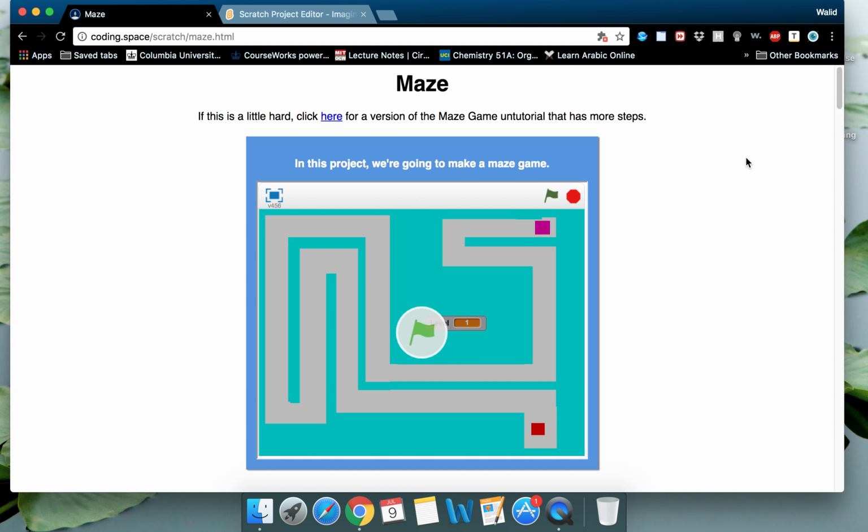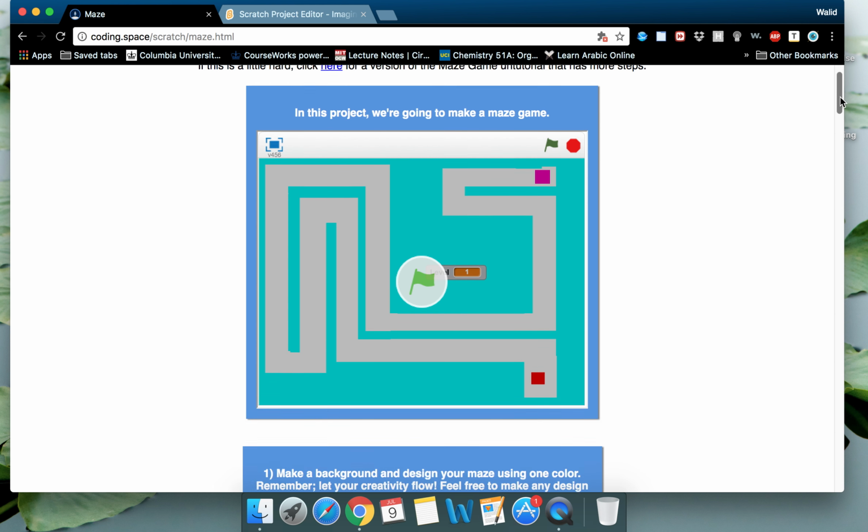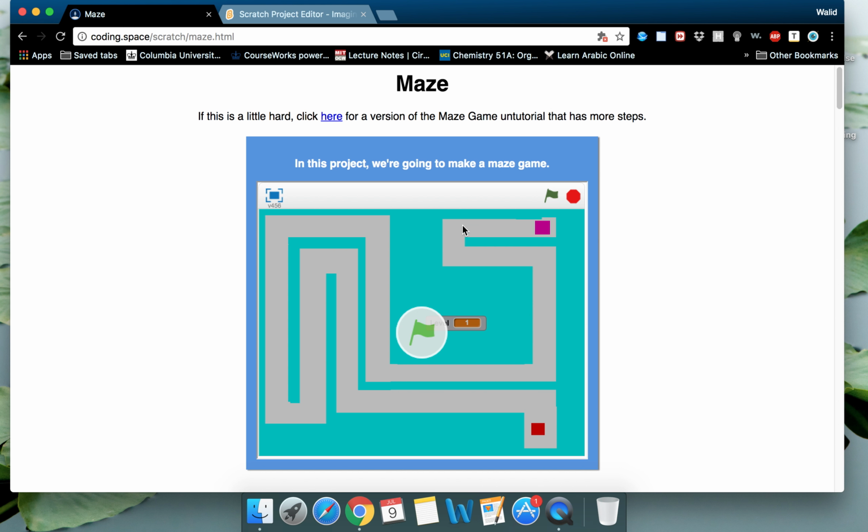Great. So you're basically given instructions on how to do everything. To start off, they give us some general things about the game. This is an actual game, so you can go ahead and press it. You can play it, and right now what I'm pressing is the up, down, left, right key, just to navigate through a maze, and the maze is actually drawn by the student on the backdrop